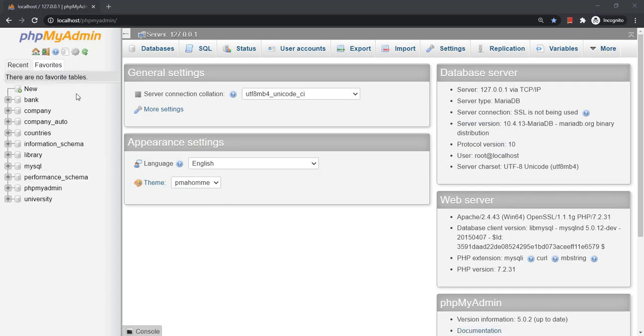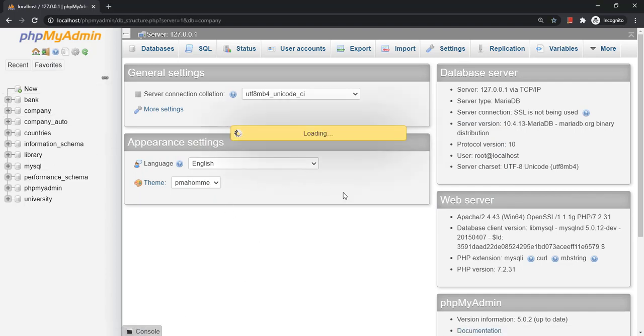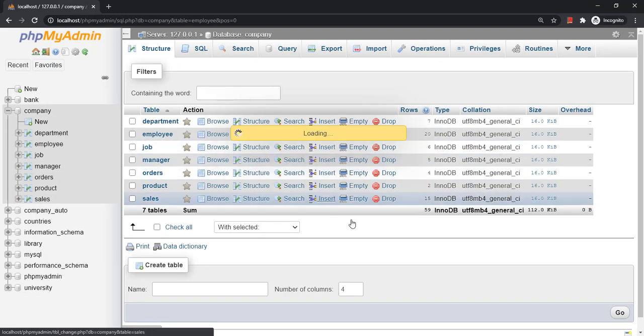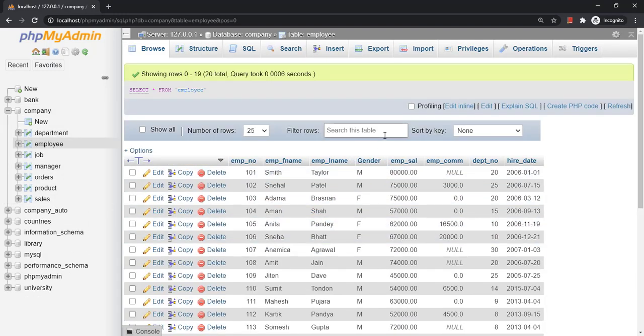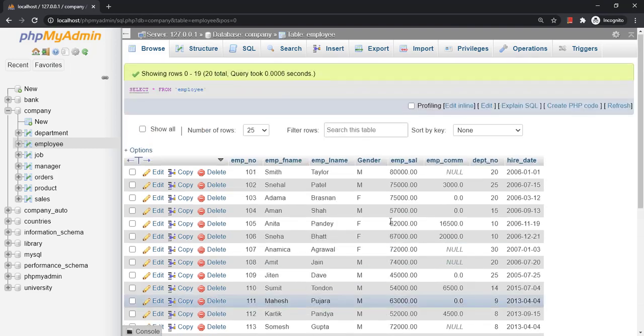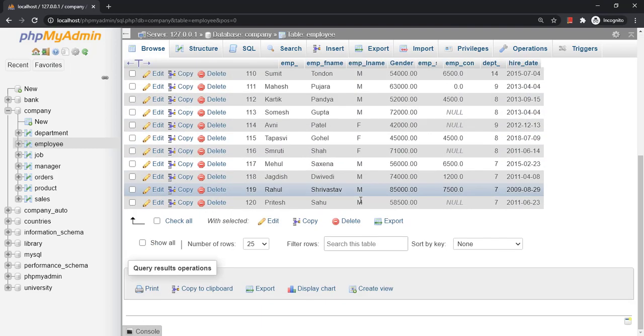Suppose I have a table called company, and in that company I have an employee table, and I want the details of the employees whose salary is greater than the average salary of all the employees.